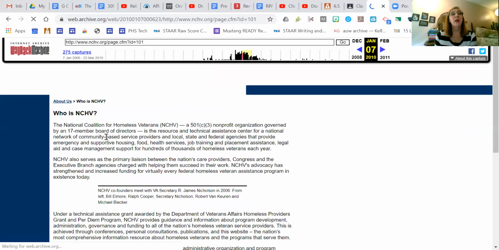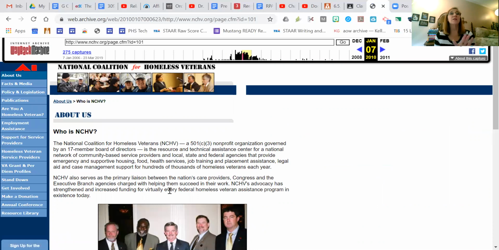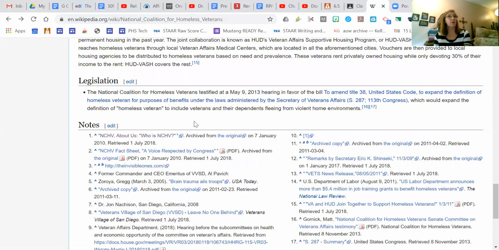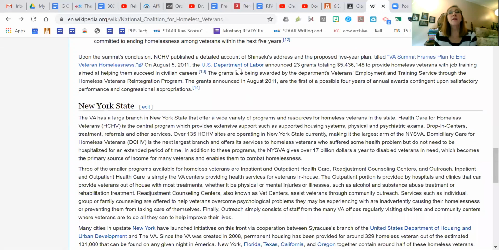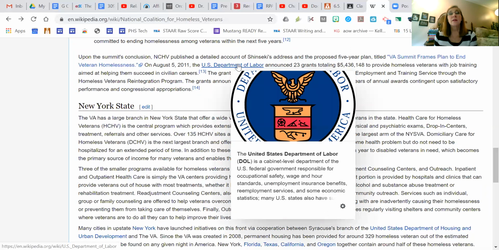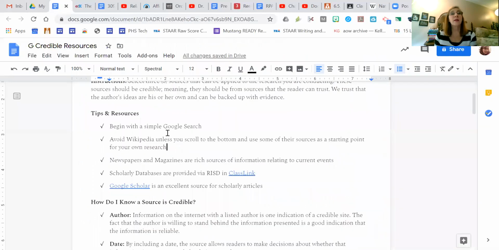Okay, and so here is the original source. This would be a good place to get the information, from the original source rather than Wikipedia. And again, as you hover, there might be some information there that you might be able to use. Okay, so Wikipedia, again,